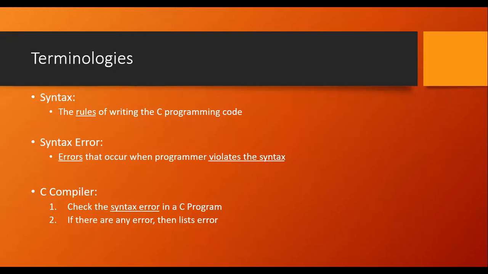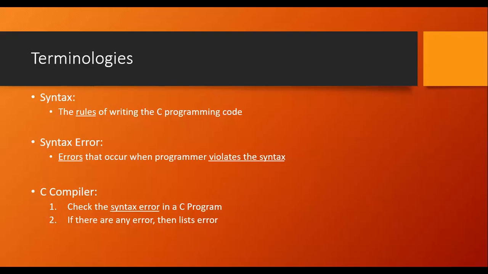Unless and until you correct it, it cannot be converted, it cannot be translated to the machine code. If you remember, in one of the classes when we were learning the different types of programming languages, we had come across something called a translator. For assembly language, there is a translator called an assembler. What it does is convert the mnemonics into the machine code. For the high-level languages, we had come across two different translators. One was the compiler and the second was the interpreter, if you remember, right?